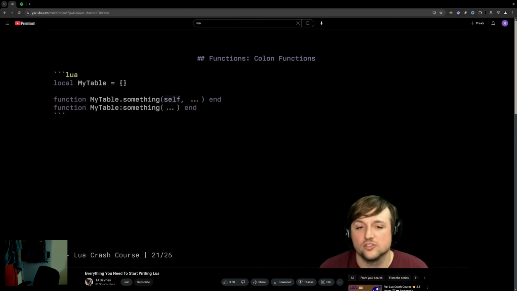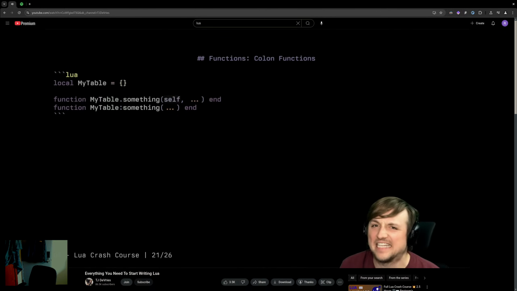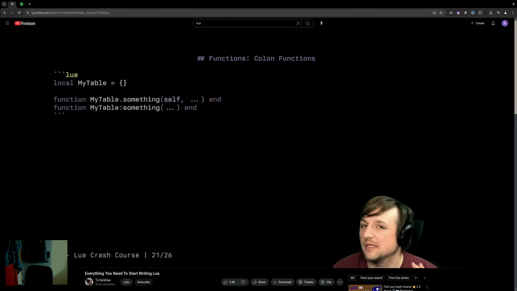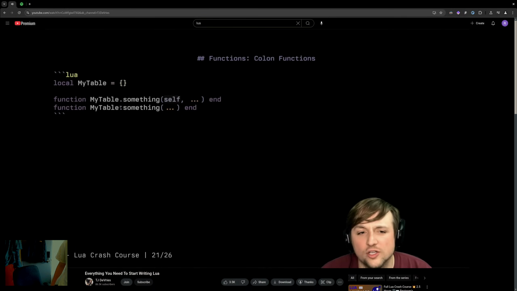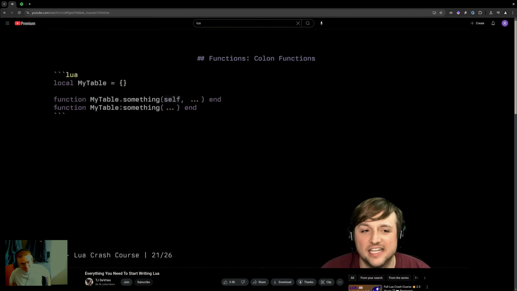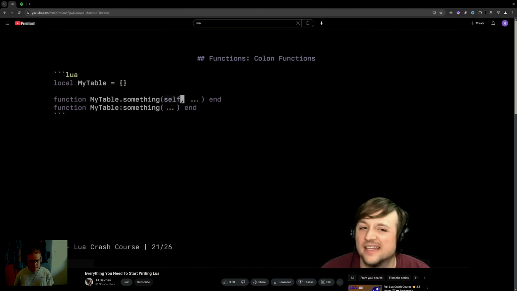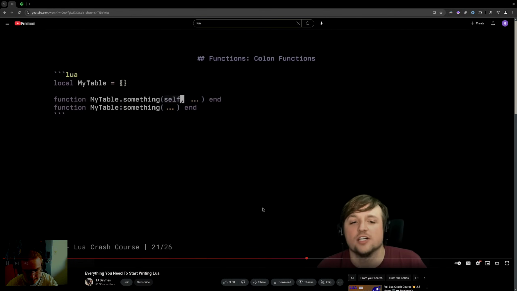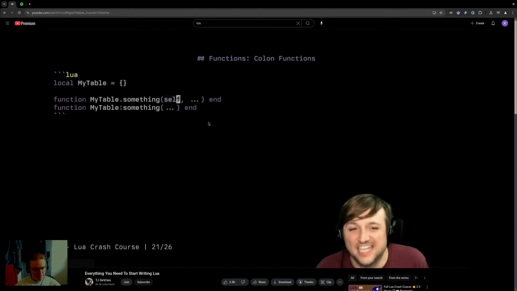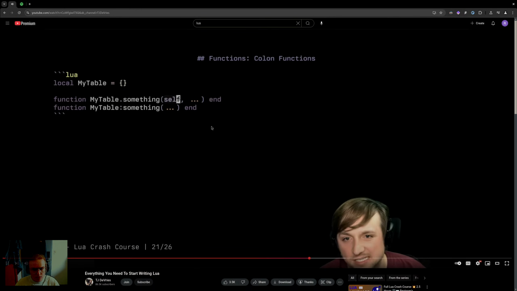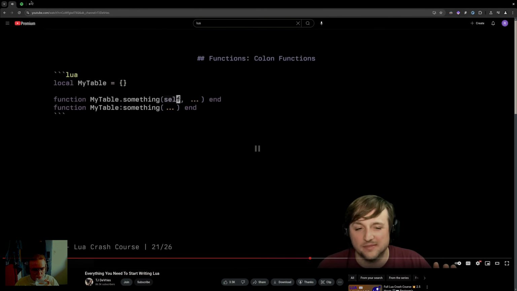So this colon magically creates, this is like the only syntax sugar that Lua has, and usually people use this to define some sort of object system or inheritance or to use something about the table itself. But if you see this colon here, all that does is translate this idea into this idea. And really it's just saying, I'm going to call something on my table where the first argument is going to be inserted as self, and it will be the table that I'm calling. We'll see an example of this shortly in metatables. So if that didn't make